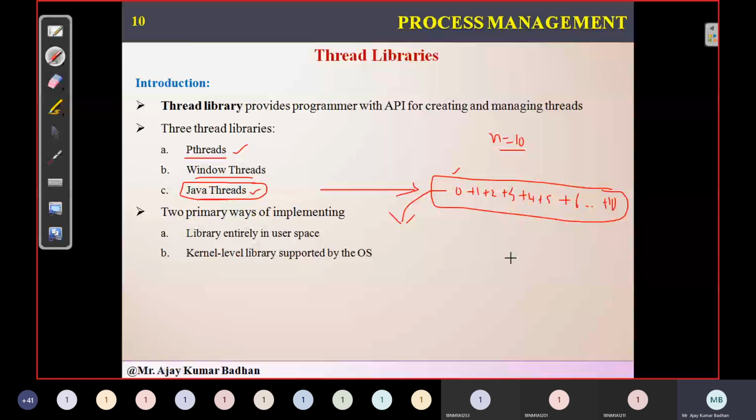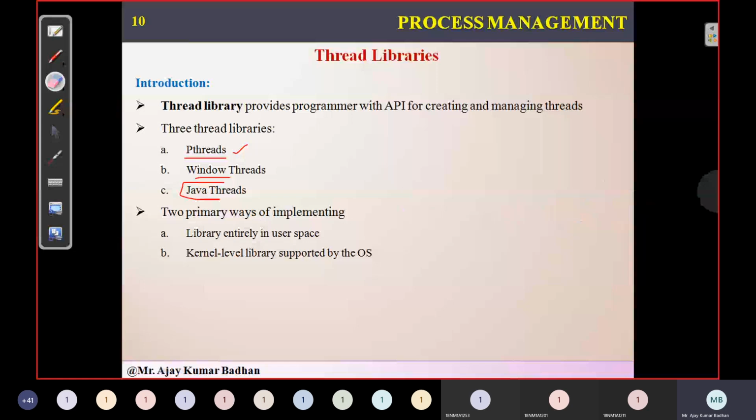Anyhow, we will discuss it, but I want you to try the thread concept and write a Java program for summation of n non-negative integer values, meaning there should not be any negative numbers, all positive numbers. Then I'll explain the related concepts.